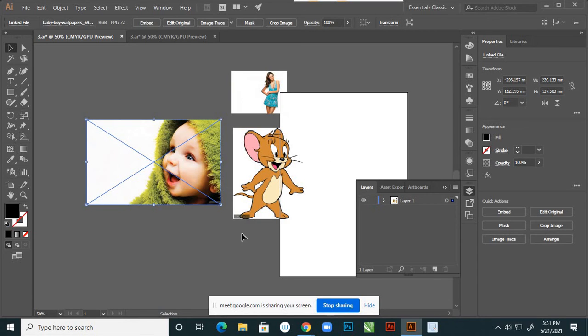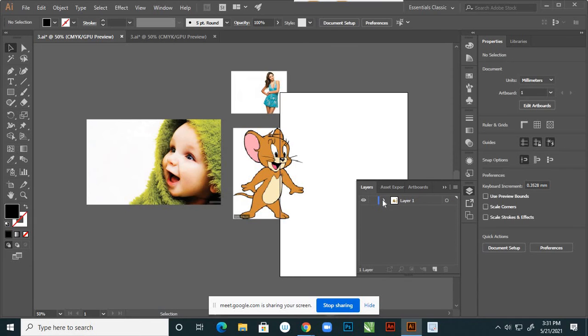And suppose this is your entire portion. Suppose you are tracing a character, a human body, right? So head-related things keep in one layer. In that again there are sub layers, like your eyes, mouth, hair, whatever the details from the face. So these are the sub layers in one layer. Give it a name, suppose head, double click on that and give the name head, and you lock that.